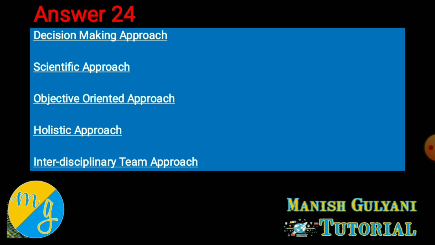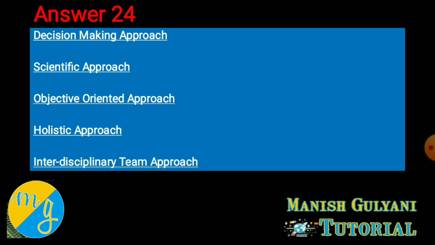Third approach is the objective oriented approach, means it works according to the objective of the organization. Means firstly you have to set your objective. One thing, if you remember, I always used to say OR is all about problem solving and decision making. So under OR, first step you have to identify your objective.